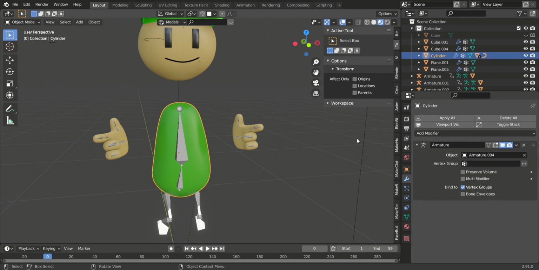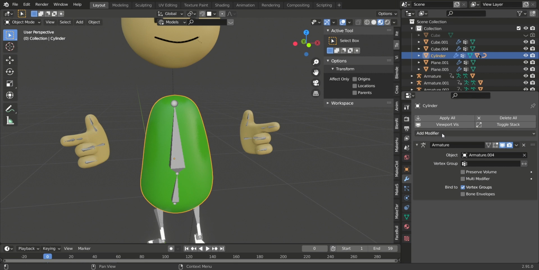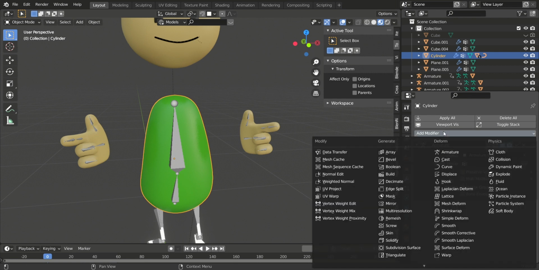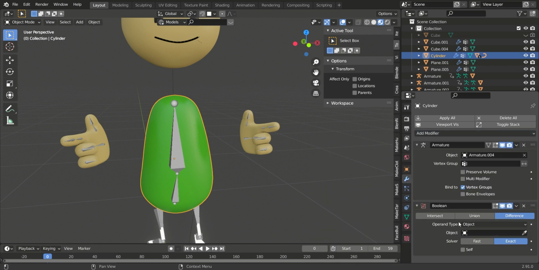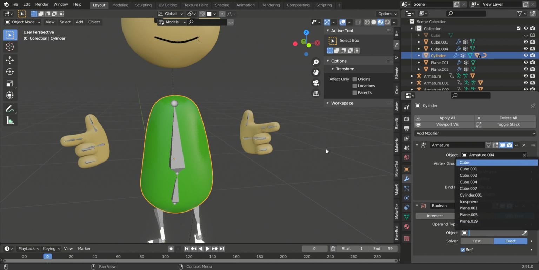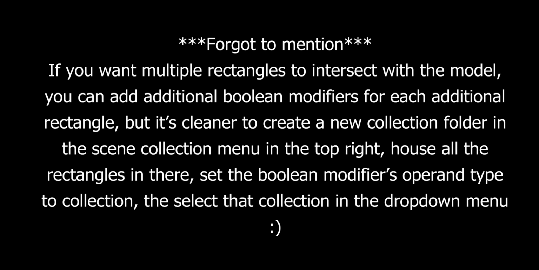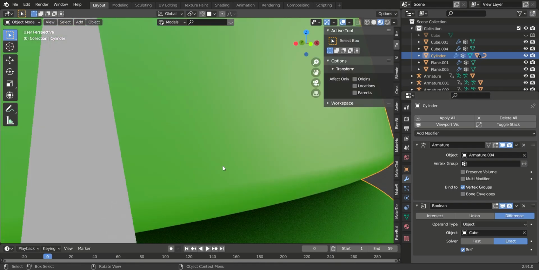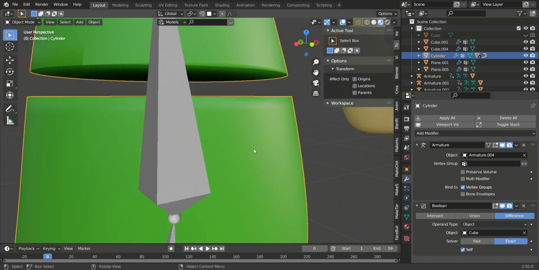When you go into the modifier menu, which is this little blue wrench on the right here, you'll see that there's already an armature modifier, which came in with your mesh. And obviously then you're going to want to go in here and add a boolean modifier. Make sure it is set to difference. Make sure that self is selected. Then go into object and select the cube that you just created. And you can see here that it is cutting through the object, but it is also filling in that object